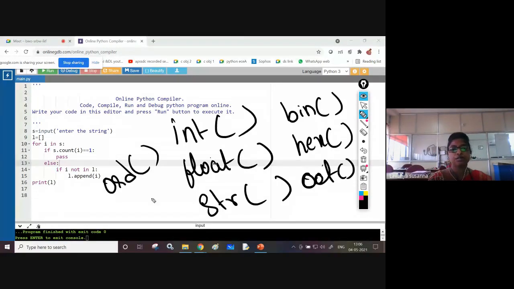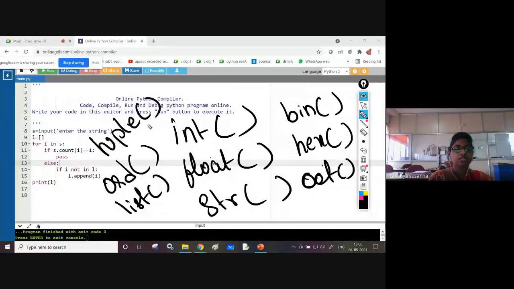List function if you want to convert anything into a list, you need to pass only one argument. Tuple if you want to convert anything into a tuple, only one argument, remember. Likewise there are predefined functions for set and dictionary. This is what we have seen. So in the next class I will explain about functions, how to write functions in Python. It is very easy, syntax is very easy. Let us see in the next class.